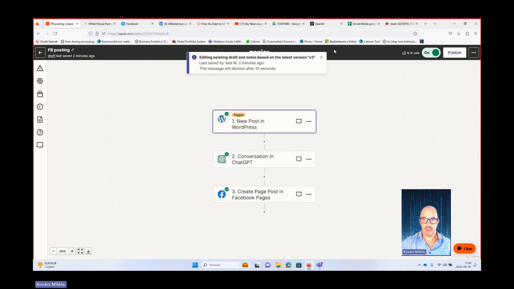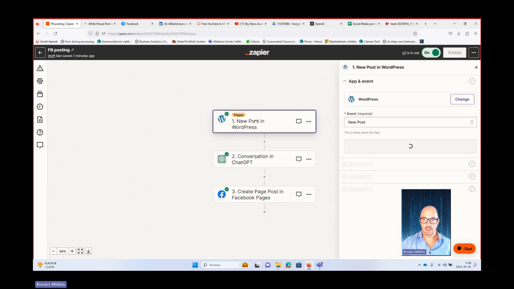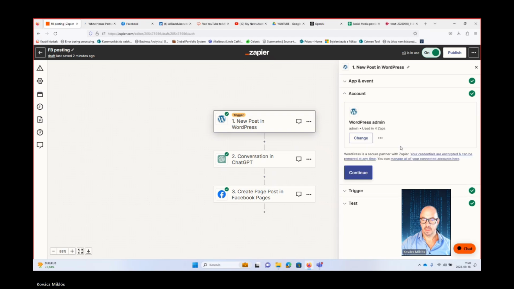The triggering action will be a new post in WordPress. So we're going to connect our WordPress page as we did earlier. The triggering app will be WordPress and the event, the new post.